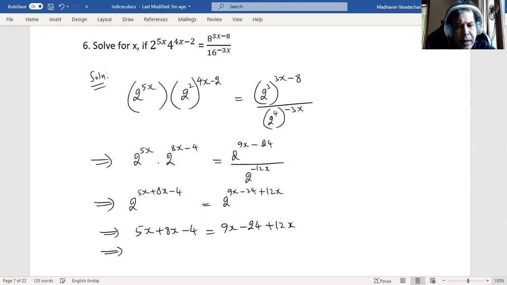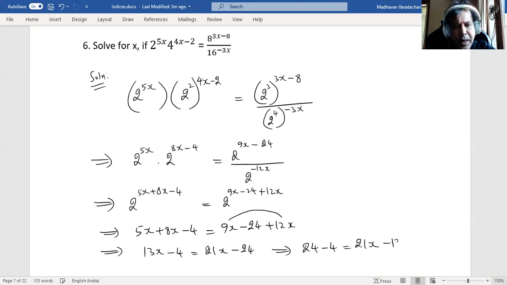Now, in the left-hand side, it is 13x minus 4. Right-hand side, it is 21x minus 24. Now, bring that 13x to the right side. Take the negative 24 to the left side. If I take negative 24 to the left side, it will become positive. There is already a minus 4. And if I bring the 13x in the left side to right side, it will become negative. So 21x minus 13x. So we have now